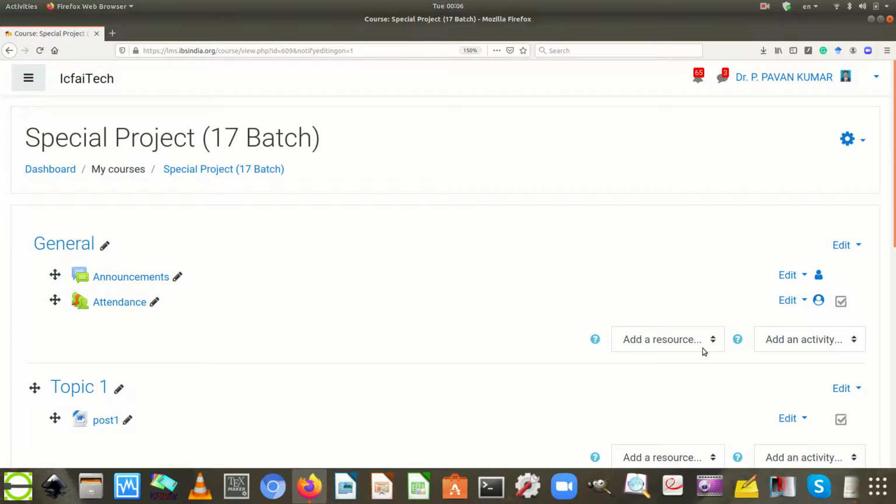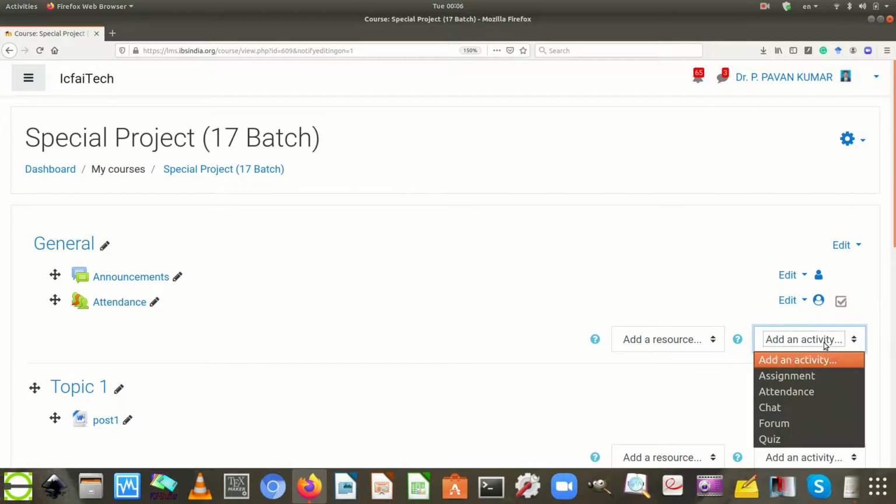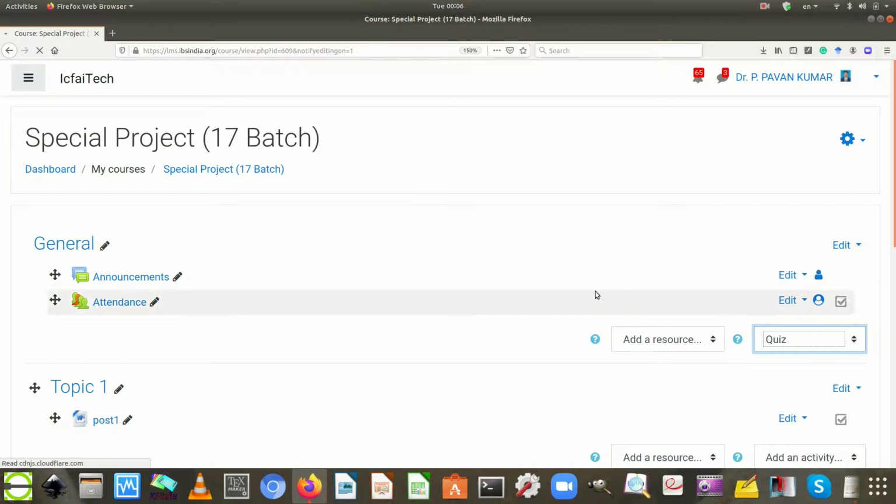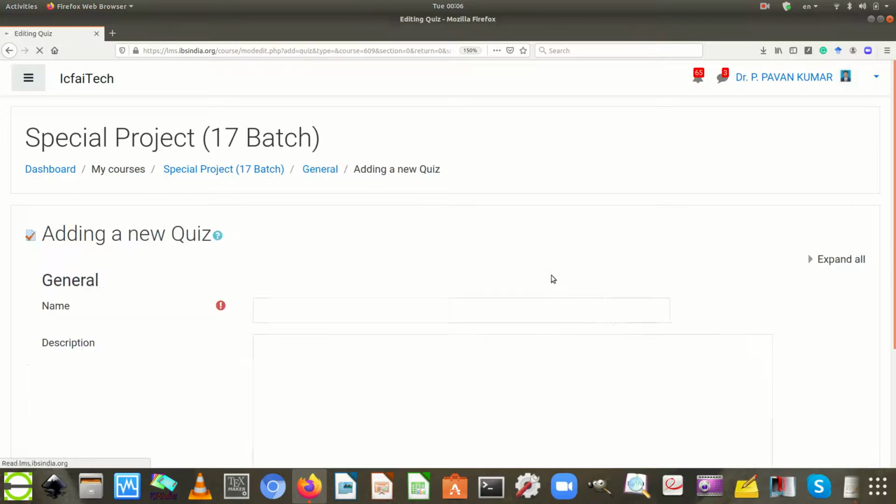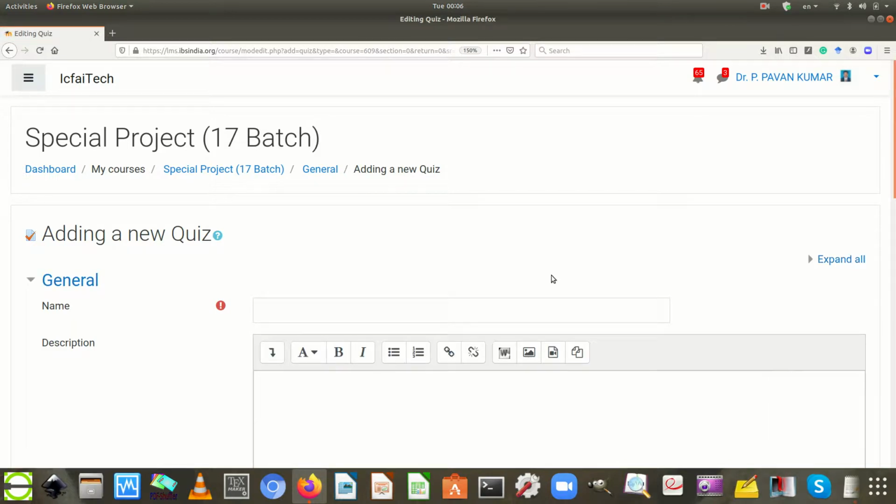Add a resource helps with resources, add an activity helps with activities. The evaluation component comes under an activity in the LMS, so the user needs to go to the add an activity drop down box and select the quiz component.